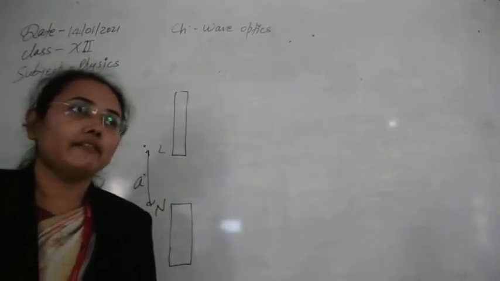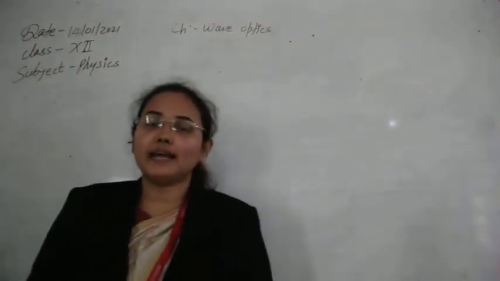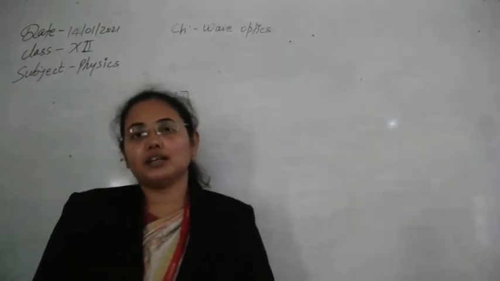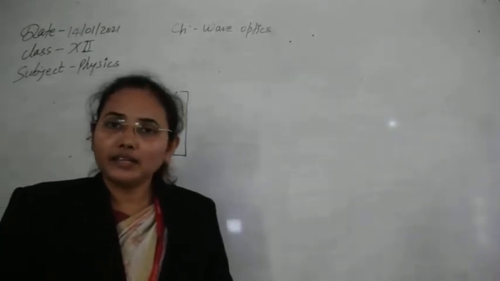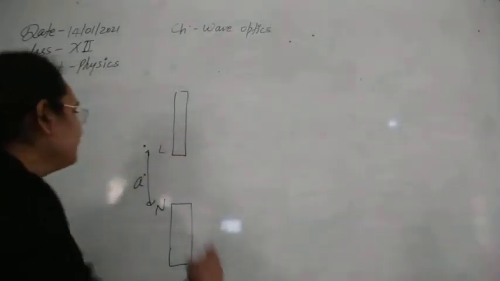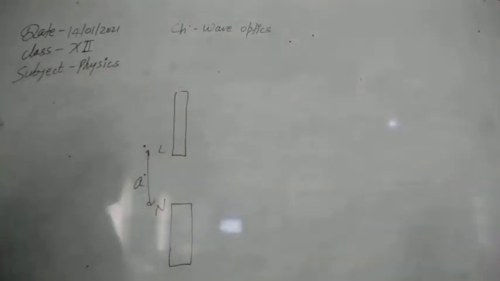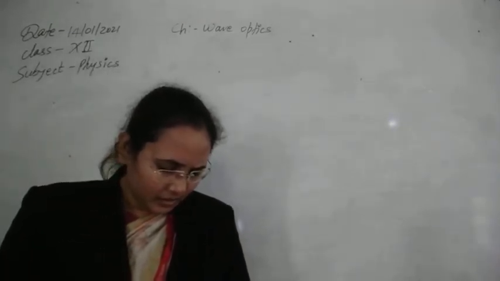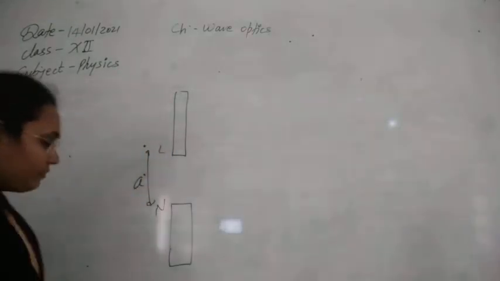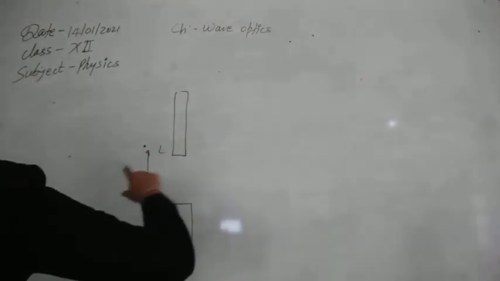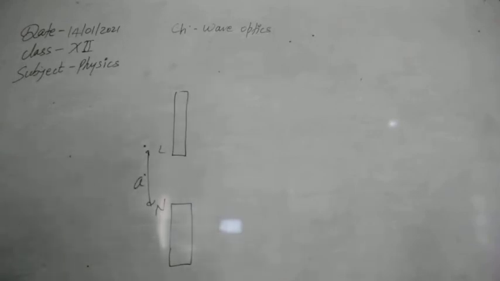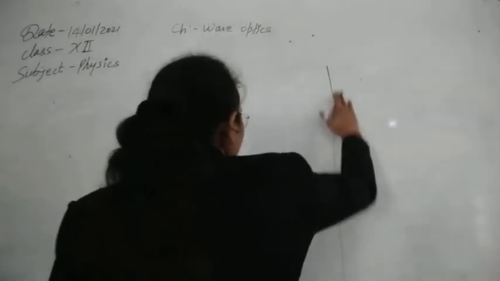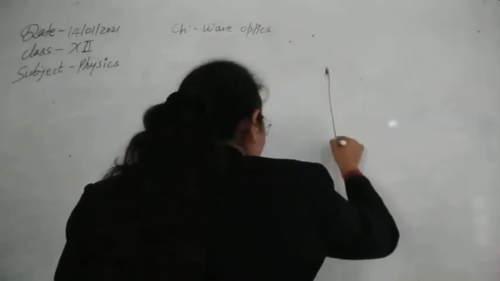Here, one more thing: if we need to get the diffraction pattern, or the bending of light, then the light's wavelength needs to be nearly equal to the order of the source separation, or the order of the size of the slit. Next, from the single wavefront, the wavelets will start to go from here and they will meet on the screen. Suppose here we have placed a screen. So this is now our screen.